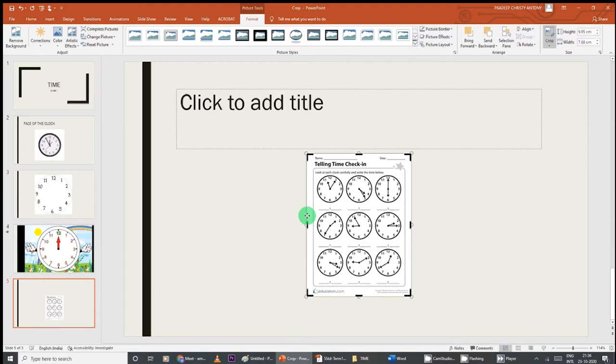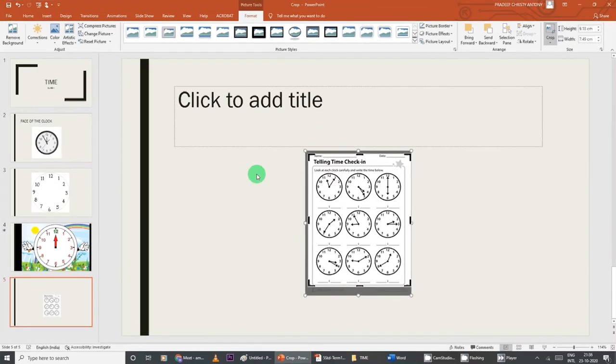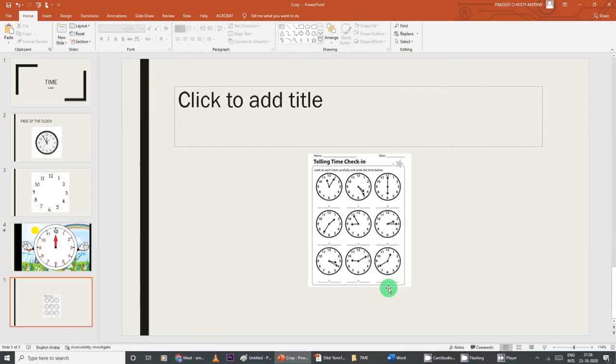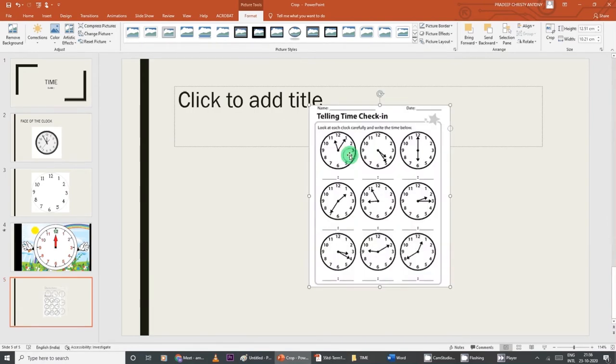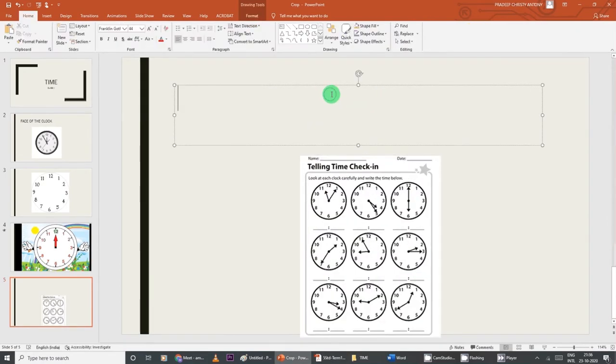All the four corners, you can see the black line. So take your cursor to the black line. So wherever you don't want, you can just push it on top, little bit down, or side, wherever you want, and click the mouse outside, and automatically all the unwanted things will get deleted. So let me make the picture a little big. I want to give the topic as activity.